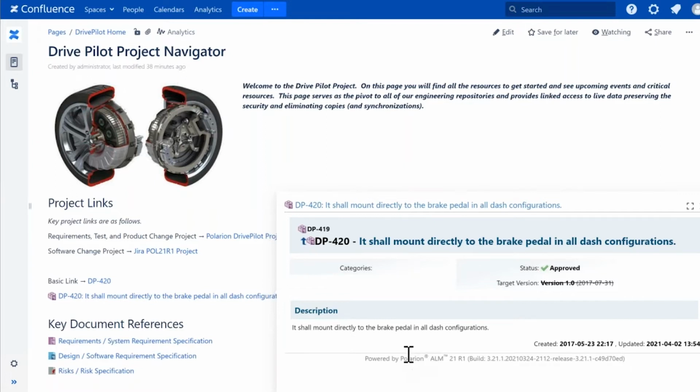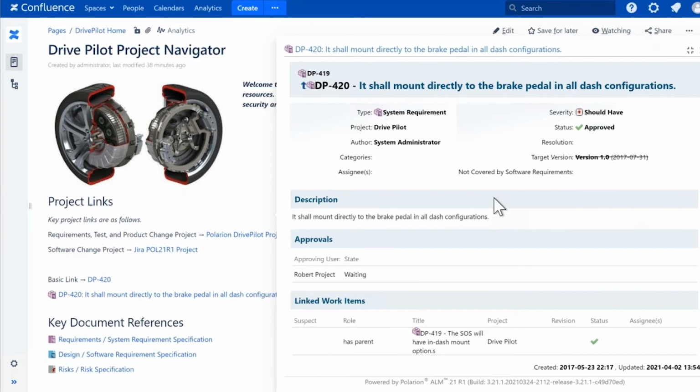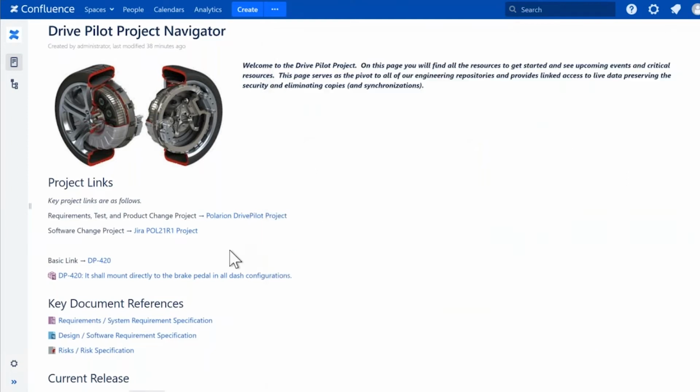Now, we can do a preview like this, which is just a simple preview. We can actually do a larger preview, and you can see that Polarion provides us with even more information. Now, the great thing here is I'm authenticated, I have access to this, I have not left Confluence. So think of this as a great way to present engineering data to both your engineering teams, but also some of your management team. If they have information they want to access and see easily, and you want to capture that information, you can do that rather quickly.